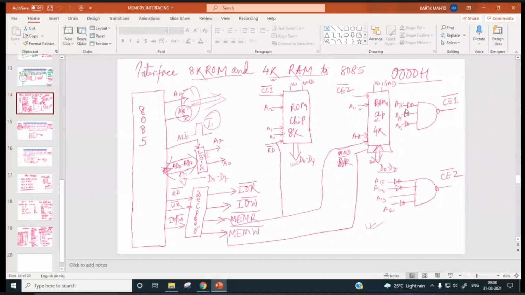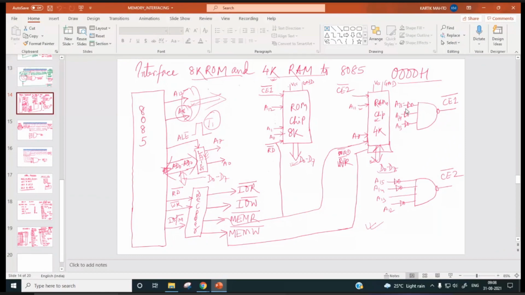So during the reset process, the monitor program has to run. It means all ports, all peripherals, all support chips, input devices or output devices have to be initialized, and for that a certain program has to run, and that program we call the monitor program, right?